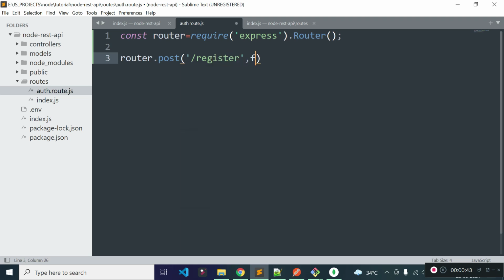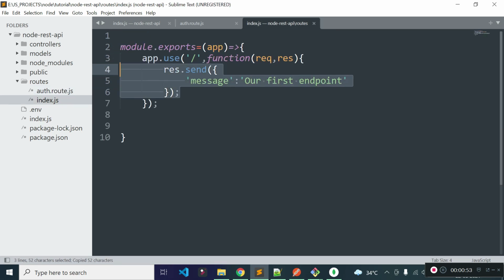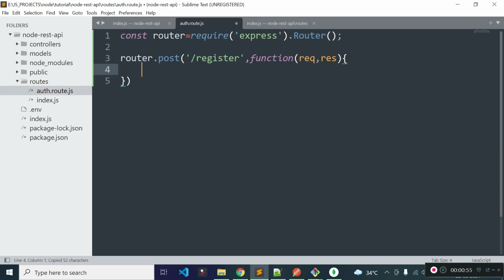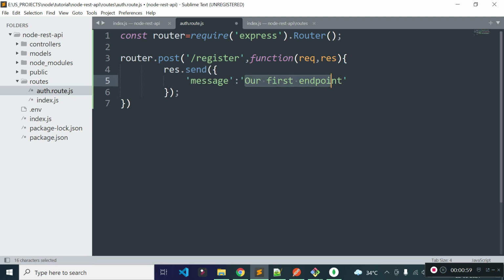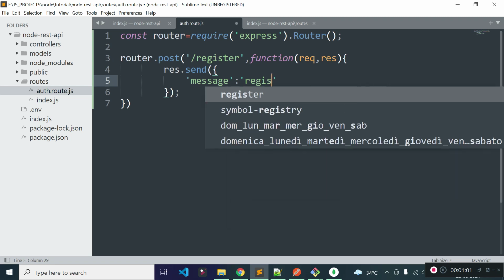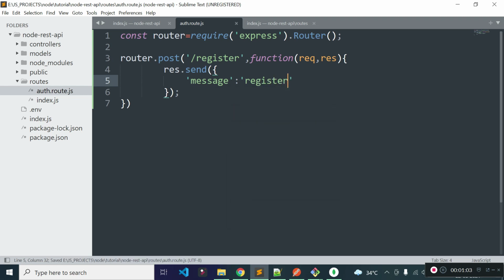And then let's get a callback function here, and we get request and response as parameters to this method. For now, I'll return a JSON response with the message register from this method. And then I'll export this router from this file.